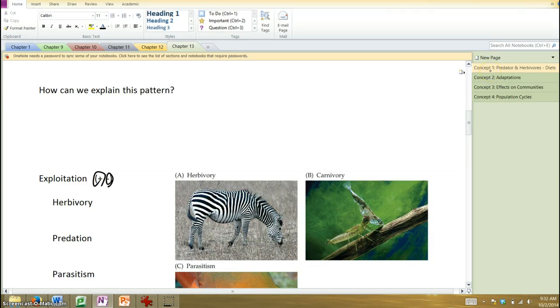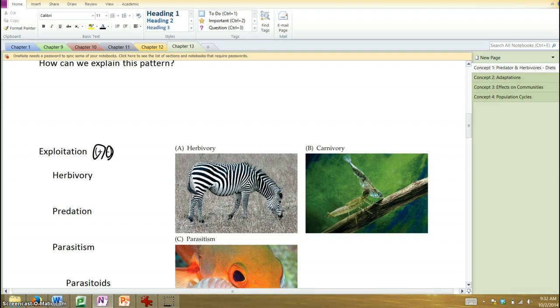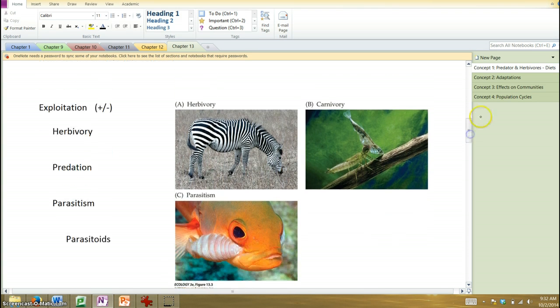At the end of the chapter, we'll discuss it a bit more and see perhaps that there might be a little more to the story. All right, so here are these different types of exploitation relationships: herbivores and the plants they eat, predators and the prey that they eat,